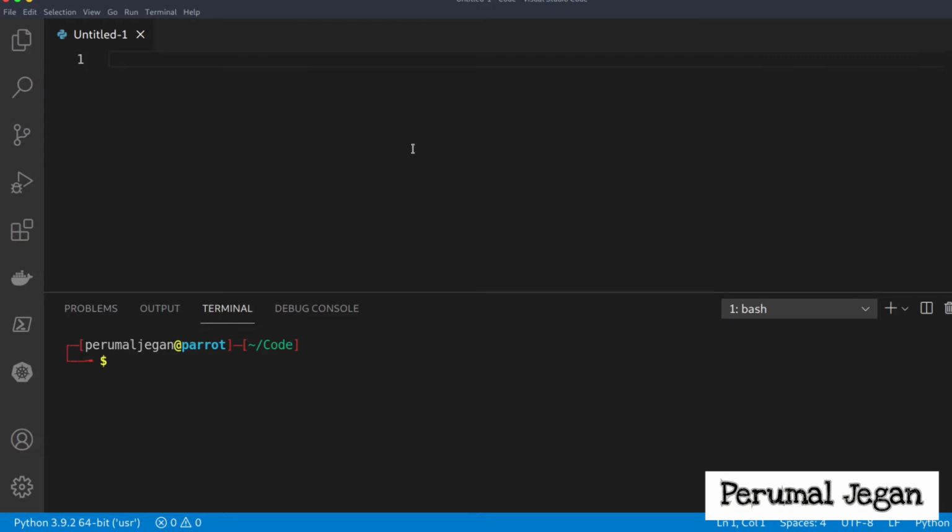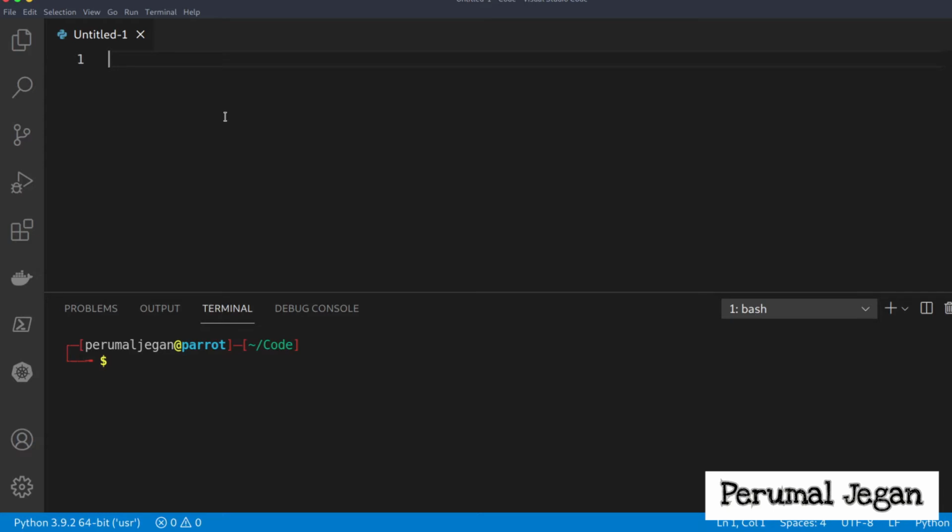When I'm writing this code, I'll also explain the logic behind it, then you'll be able to understand it very clearly. And also, when you are writing your own program, it is very important to know the logic behind that, and you should also have the skill to apply that logic in your program. Okay, now it is time to write the program. First of all, we saw the socket module in our documentation.